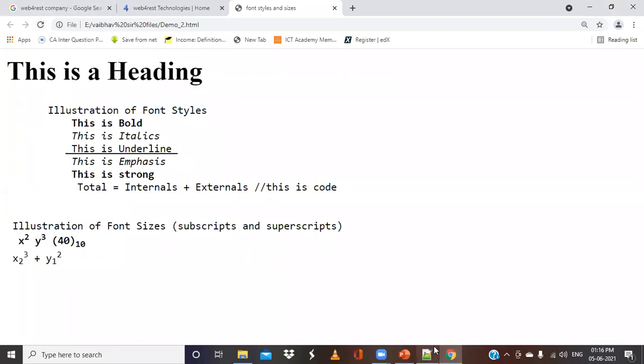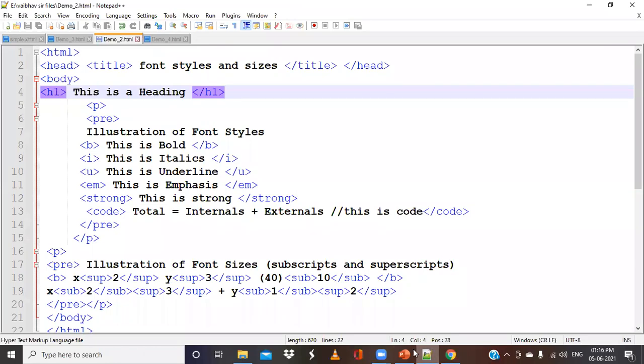So this is what we call attributes. We have had a discussion related to the